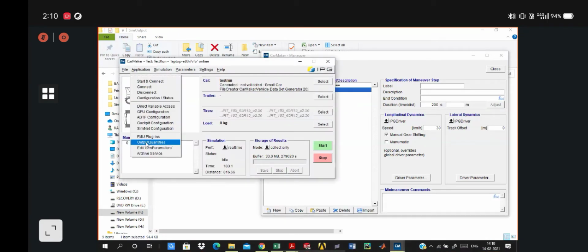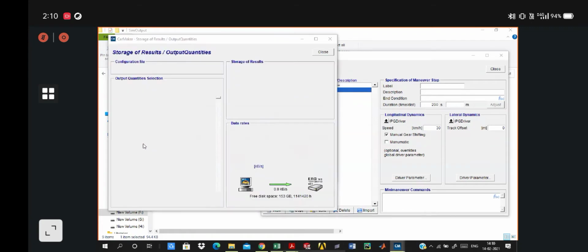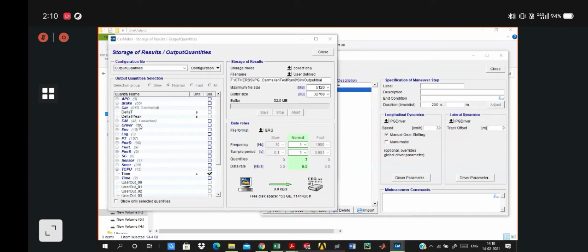Since these output quantities are not much explained here, you can refer to the reference manual, which we have already shared with all of you, and you can find those manuals in the Baha forum.